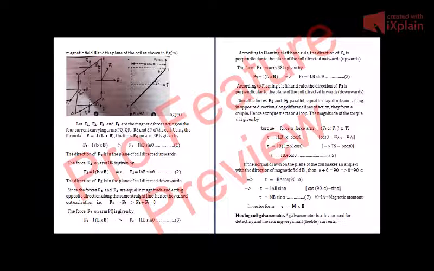So tau is equal to IAB sin alpha. This implies tau is equal to MB sin alpha, where IA is equal to m, that is the magnetic moment. Magnetic moment is equal to IA. We will derive this relation between magnetic moment m and current later in this chapter. So here you just remember that the product of current and area is equal to magnetic moment. So tau is equal to MB sin alpha.